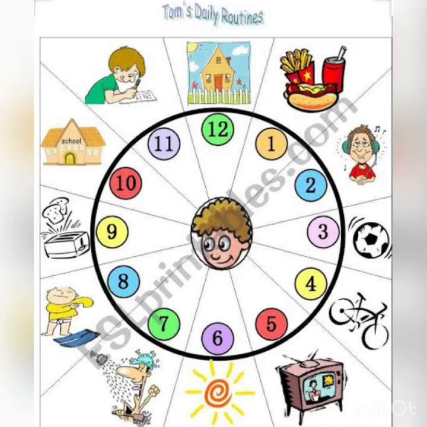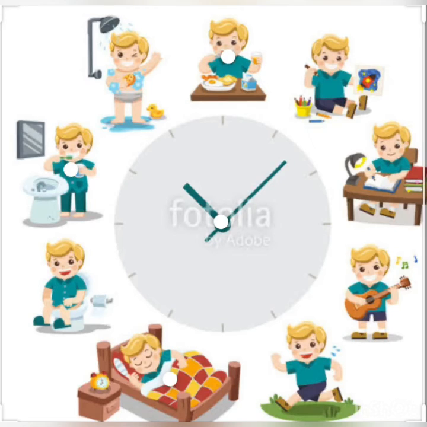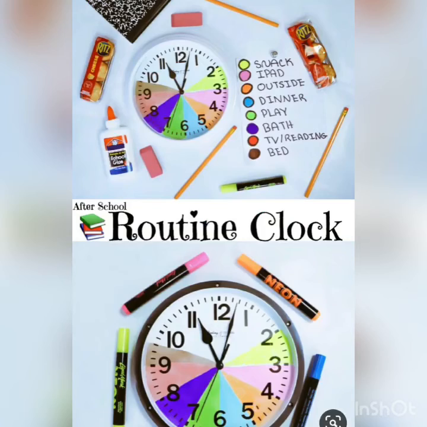Your project is to prepare your daily routine in this format. For example, you woke up when the short hand is on 7 and the long hand is on 12. So at 7 you can draw the picture, paste the picture, or else you can write waking up. These are some of the models which I am showing you here. In this model you can do your project showing the daily routines, or you can try any other different method, but it should be an innovative method. So you need to prepare your daily routine using these models or any other model.